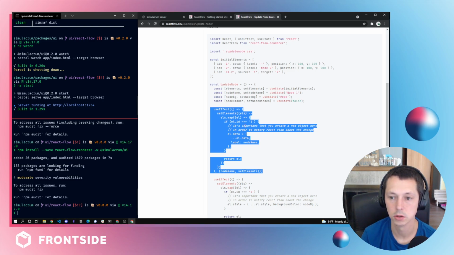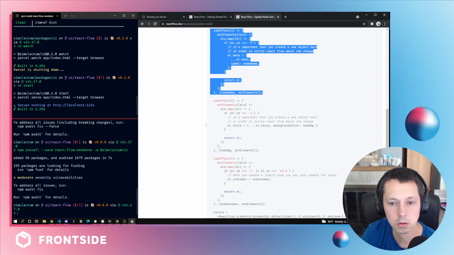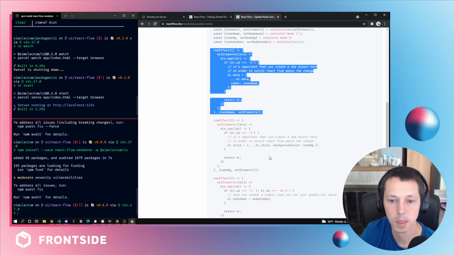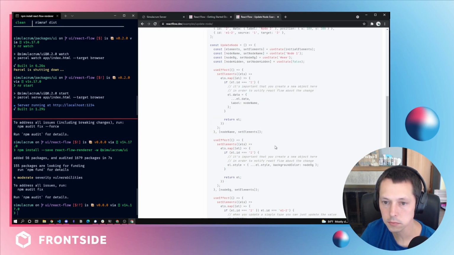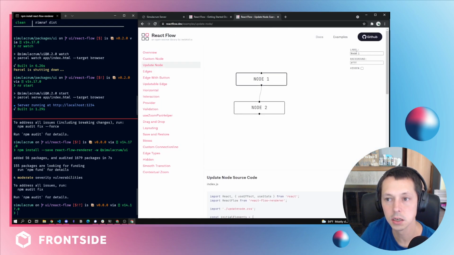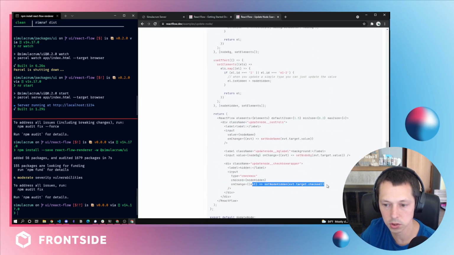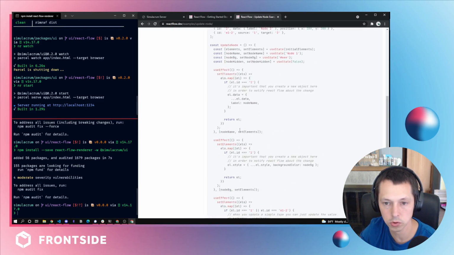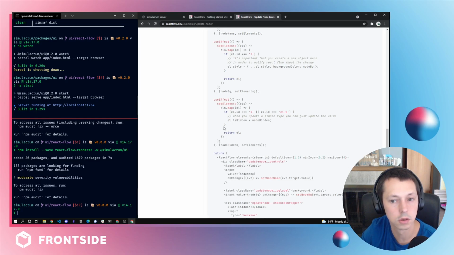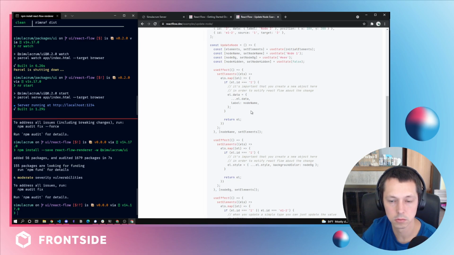And it's important that you create a new object here. So I must do some stuff with that instance of the Pojo. Important that you create an object here. So styles. It's kind of interesting that they did this twice. L.style, L.data. I guess you can only edit how they have it. This is running every time. So every time you change this, it's going to rerun that on change. So theoretically there's no way you'd be able to change both the data and the style at the same time. So that's why they're doing it like this. That's why they have 3 use effects, which feels, I guess, I mean,